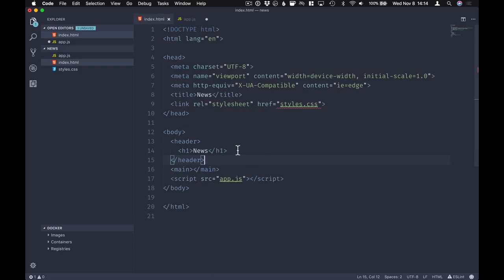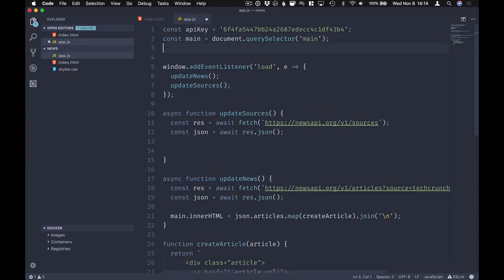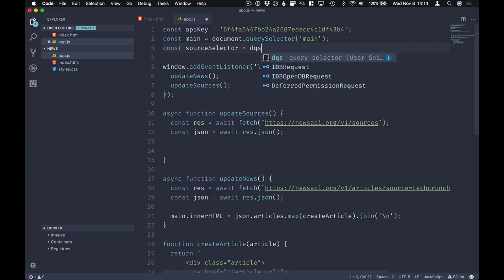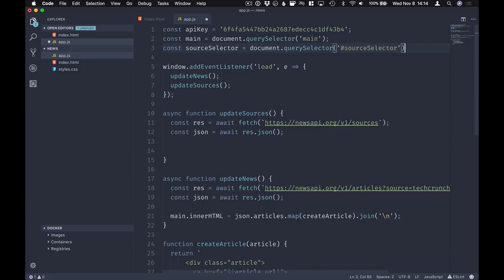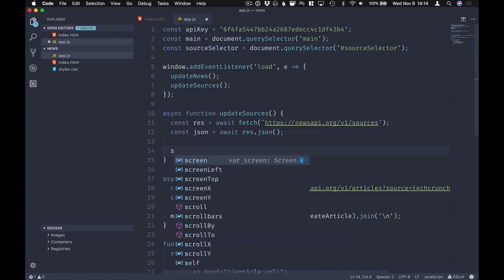Now, of course, we need a selector for that, so let's just create a new select. We don't need a name for it for this particular stuff. What we do want is to give it an ID. Let's call it source selector. And here in our app, again, let's just get a handle to it. Selector equal query selector for selector, like that. So what we want to do here is just get the source